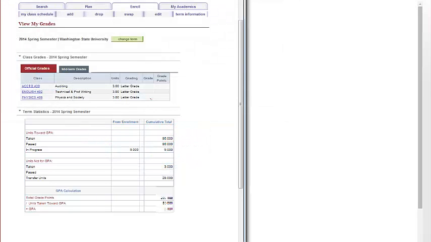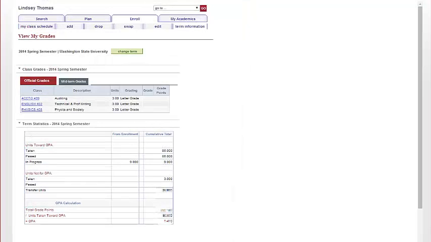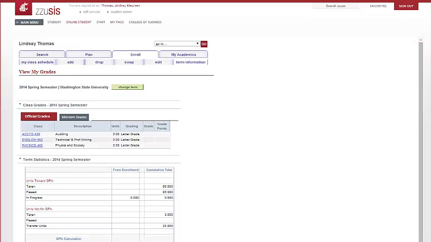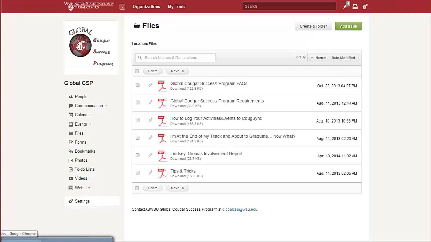The screenshot that you submit will only be used to determine that you've maintained over a 2.5 GPA throughout the duration of the program. The information you provide is confidential and it is never shared beyond Global Cougar Success Program. There's just one step left to go. Navigate back to the Global CSP CougSync page